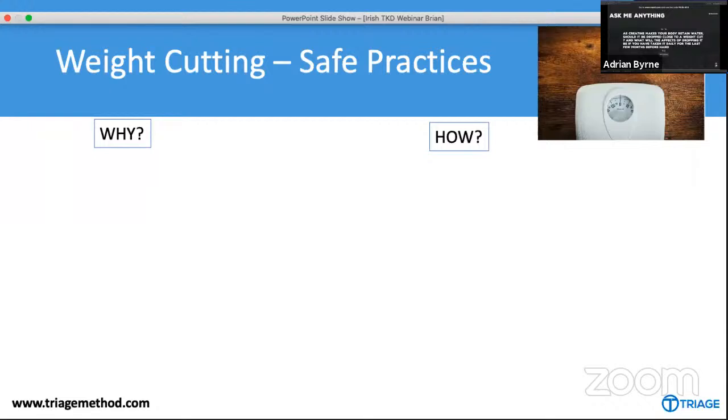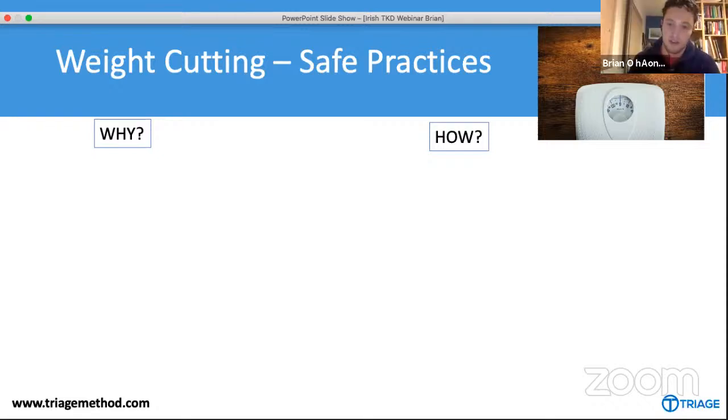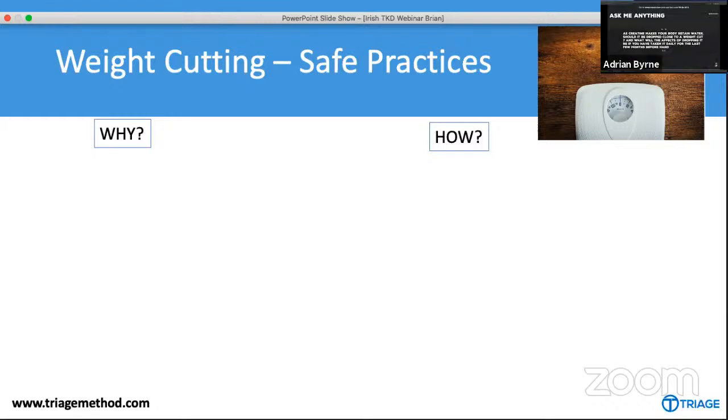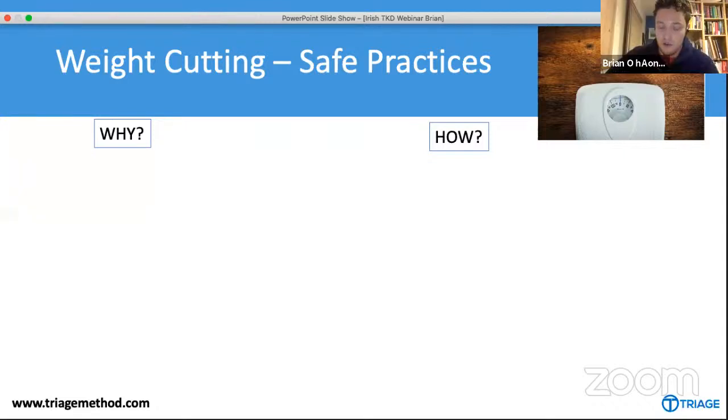So first one then, as creatine makes your body retain water, should it be dropped close to a weight cut? And what will the effects of dropping it be if you've taken it daily for the last few months beforehand? Yeah, this is a great question. And I do cover this in this section, but I'll just cover it now just to get it answered. So this is correct. Creatine does cause water retention. So after 1 to 4 weeks of creatine supplementation, you can see your weight go up. You won't physically notice any difference because all the water goes into your muscles. So it's not like your typical puffy water retention we think about.